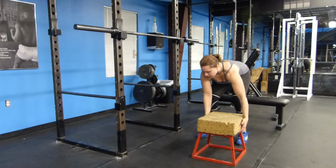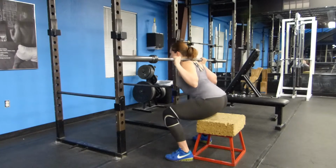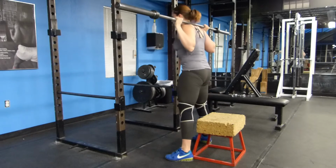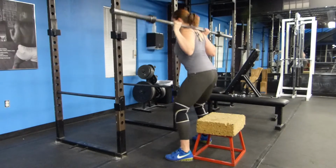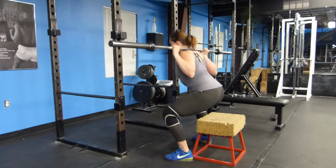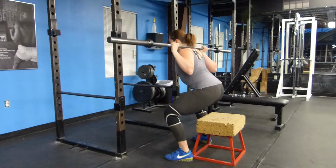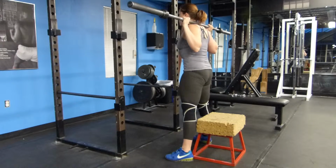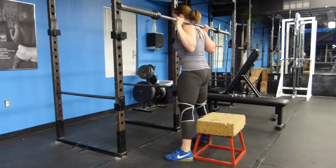The box squat is a variation of the back squat that is a little bit like a pause squat in that it's going to stop your momentum in the bottom of the squat and force you to contract hard out of the bottom. Sit your full weight on the box, but don't go slack while you're sitting there. Stay nice and engaged in your core, and that barbell should still be stacked over the middle of your foot,